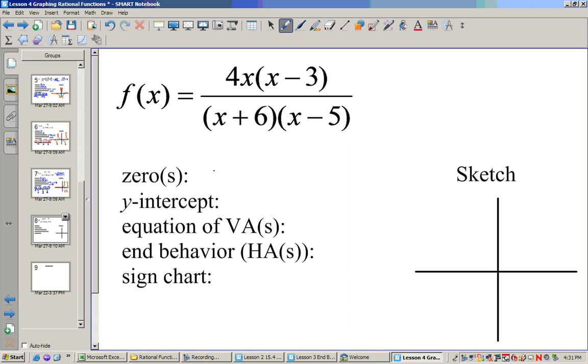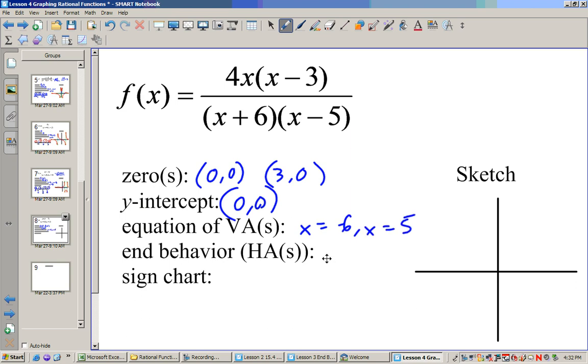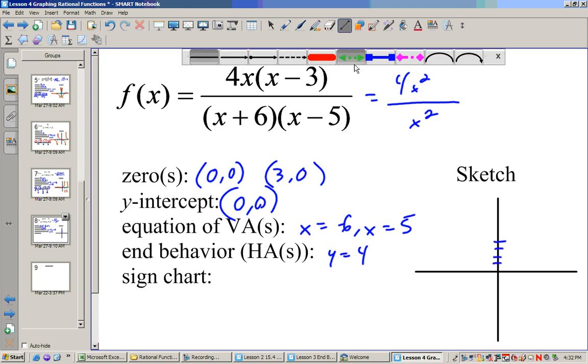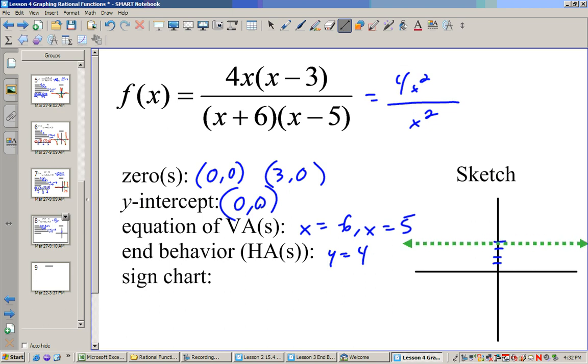The 0 would be at 0, 0, and there's another one at 3, 0. The y-intercept, if I put in 0, it's just going to be at 0, 0. The vertical asymptotes are going to be at x equals -6 and x equals 5. My end behavior, if I multiply this out, it would be 4x squared plus something, and the denominator would be x squared plus something. Since it has the same degree, it'd be 4/1, which is y equals 4. So I'll go up 1, 2, 3, 4, draw my horizontal asymptote,